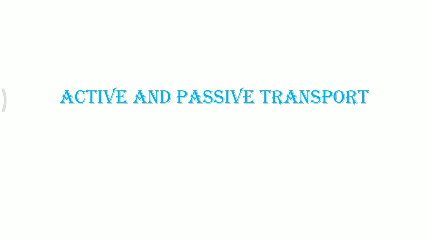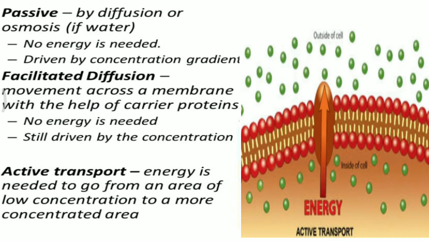First of all, we will categorize the entire type of diffusion into two categories: active and passive transport. In passive transport, it is a kind of normal diffusion which occurs from higher concentration to lower concentration without the utilization of energy. So here concentration plays a very vital role in the process of passive movement of molecules, and here the movement is specifically about water molecules. Where the concentration of water molecules is higher, the water molecules will move from higher concentration to lower concentration.